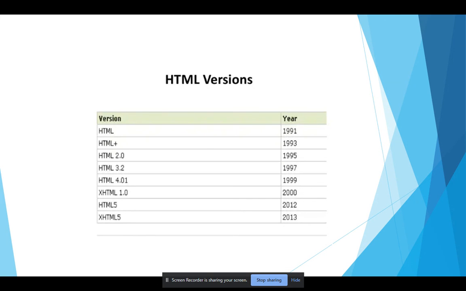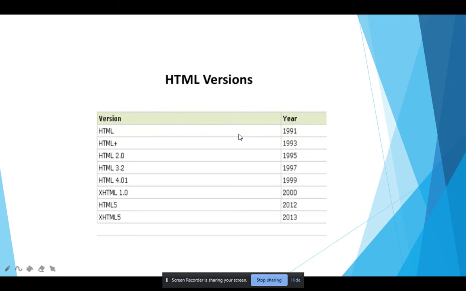But after 2013, we have HTML5. HTML5 makes it much easier to build a web page as compared to previous versions. So that's all about HTML versions.